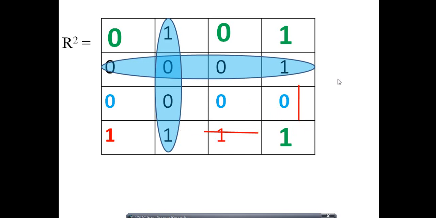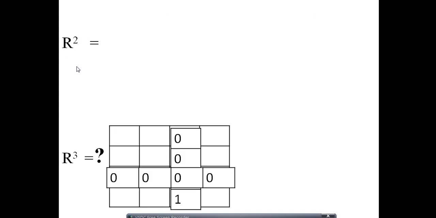Is it clear? Now our job is to calculate the next matrix, R3. These are a series of matrices, n cross n Boolean matrices. In the definition only I told. A Boolean matrix means it has only 0 or 1 values. Series means R0, R1, R2, R3 and R4. These all are a series of matrices. Now we have calculated the R2 matrix. The next job is to calculate the R3 matrix. How to calculate the R3 matrix?